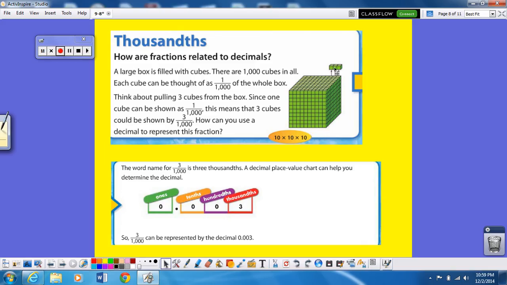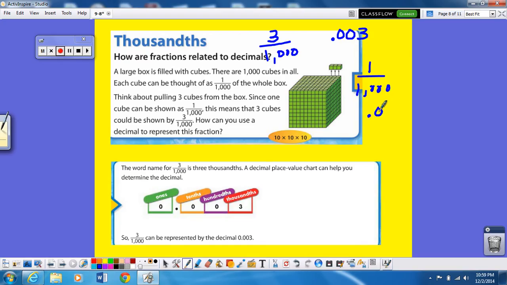And if I pulled 3 of them out, the number that I had pulled out as a fraction would be... Whoops, that looks like a question mark. Let's start over here. It would be 3 thousandths, so 3 over 1,000. As a decimal, it would be 0.003. Remember, tenths, hundredths, thousandths. If I just pulled 1 out, I would have pulled out 1 thousandth